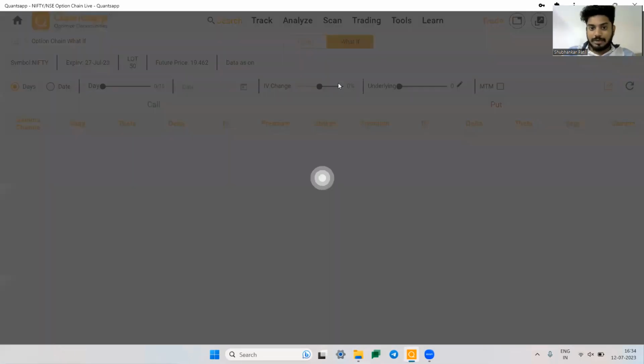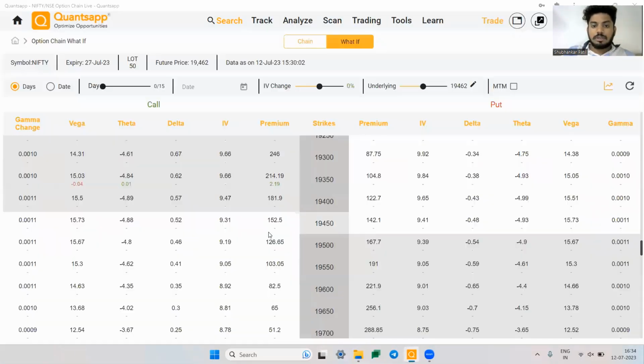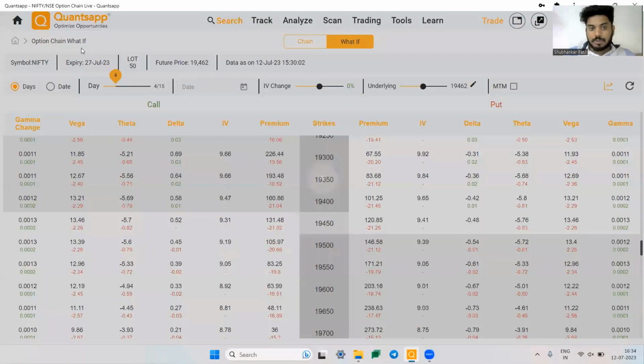Let me take you to what-if analysis. Now, what is this? This is nothing but a premium calculator. You can say it is calculating the premiums of the entire option chain if a specific parameter in the entire option chain changes. Over here you see there are premiums on the left-hand side for call options, right-hand side for put options. If you move around the date, you will get to see that